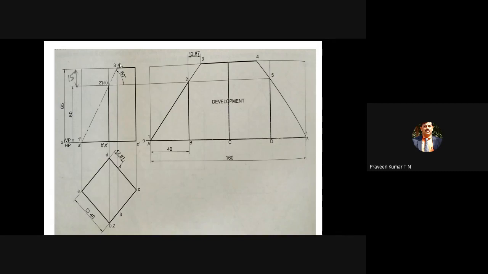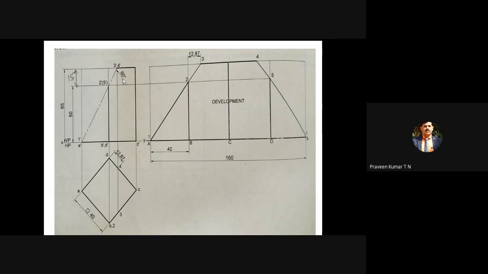That means we have the cutting plane. The inclination of the cutting plane is 60 degree. It passes through the axis point, and this particular axis point is 15 mm from the top face. Already you have drawn 15 mm. Then this 15 mm line will intersect the axis line or center line. About this particular point, you have to draw one 60 degree line.